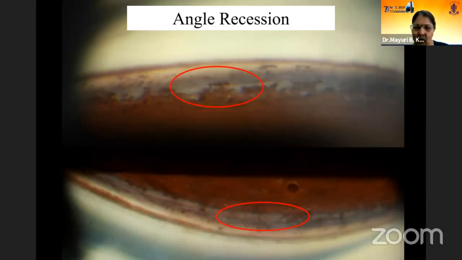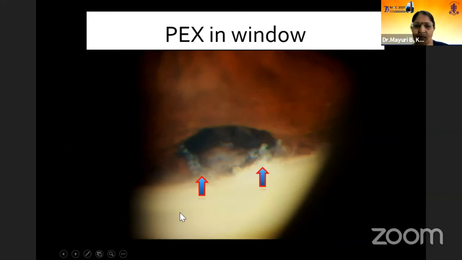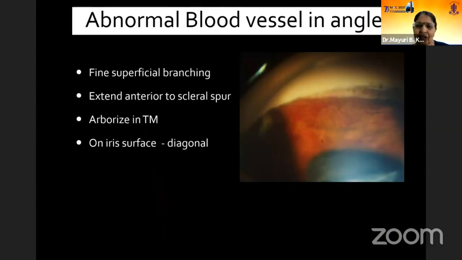Another case showing the angle recession, one has to document how much angle is being covered. Now pseudoexfoliation is where there is a pigmentation which is more than normal, but it is patchy, but not as much as the pigmentary glaucoma, and one can see the dandruff kind of material in the angle. The window of the trabeculectomy is showing the tags. The normal blood vessels are solitary and do not arborize in the angle and never reach the Schwalbe's line, while